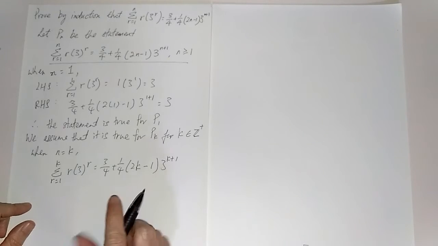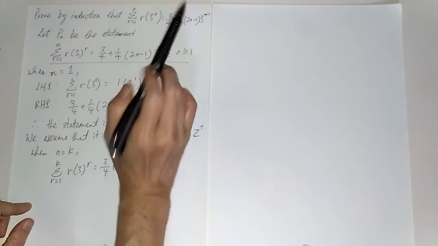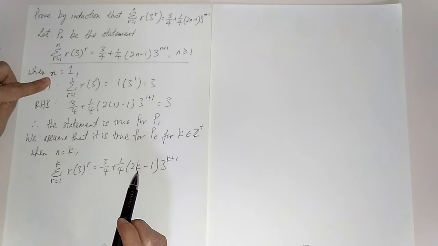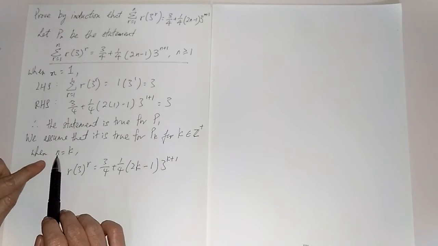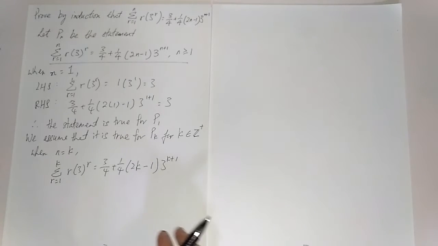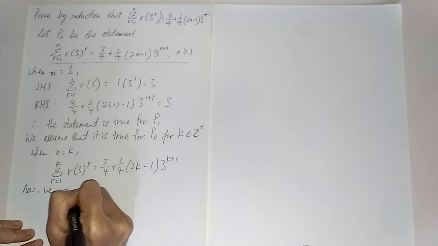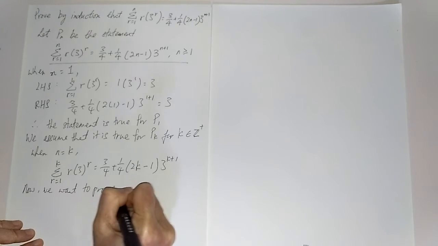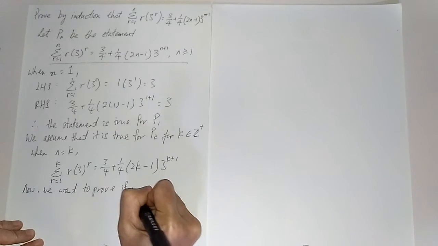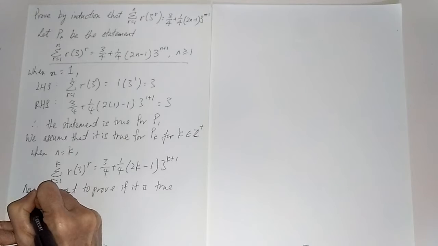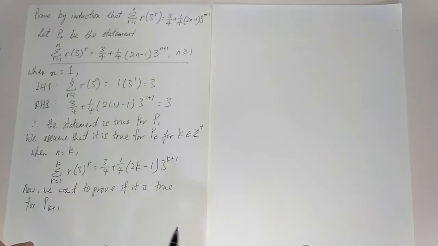Now since we want to prove that left always equals right for whatever value of n, and we found that for n equals 1 left equals right, and we assumed that for n equals k left also equals right, we must now prove that it is true for P(k+1). Therefore when n equals k plus 1,